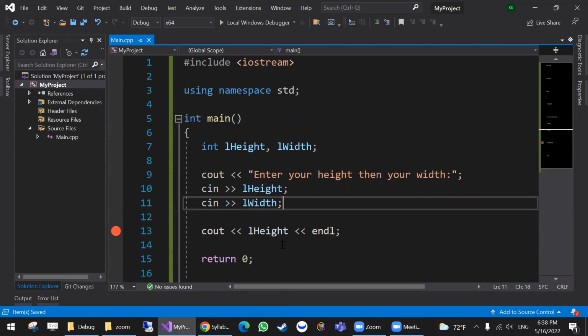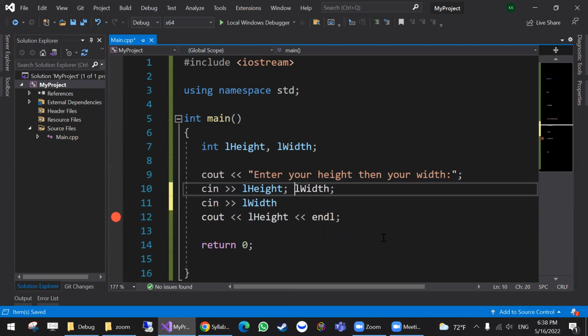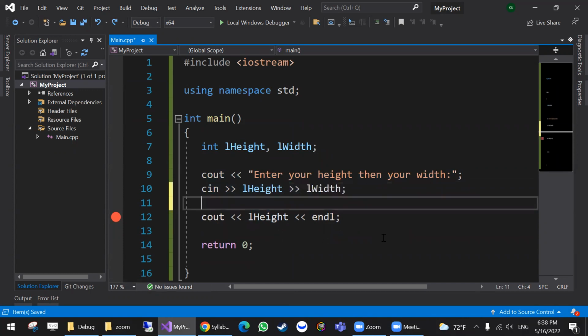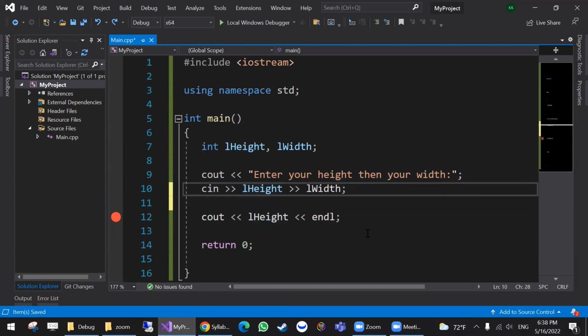It's an art. At the end of the day, programming is an art. Every programmer is different. You can do it this way, or you can do it in one line. The rules apply the same. And the rules are keep reading until you encounter a space, or a new line. Once you encounter a space, grab what's in the buffer into the variable and continue. So F10,